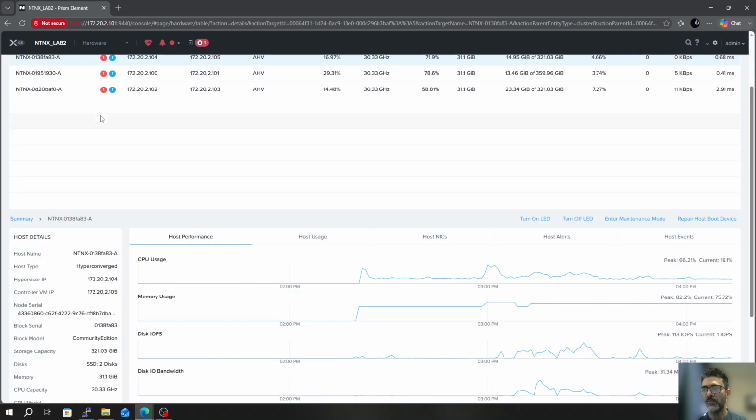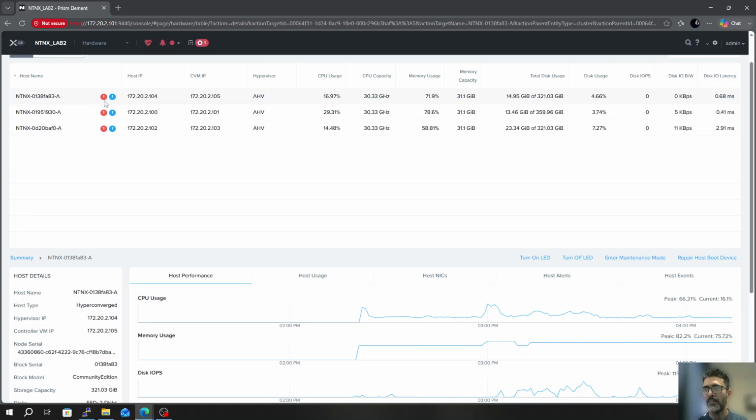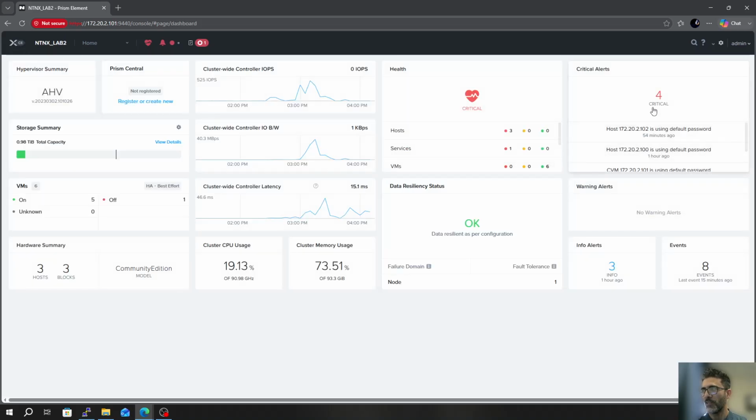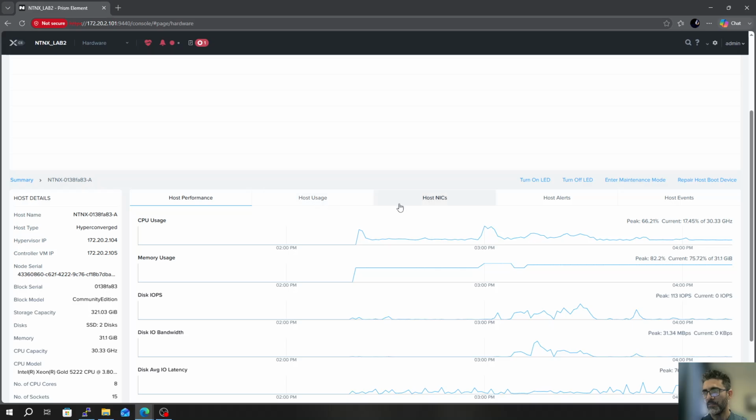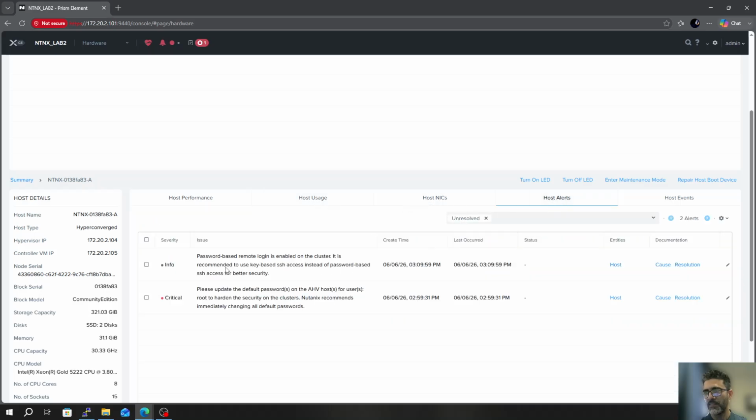I select one of the hosts, so you might be interested in all those alerts which are showing for me. If I go back again here, you might see a few alerts available. Most of them are related to the default password. So if I go back again to the hardware, you will see under the host alerts that I have to change my password. It's using the default password, and this is kind of critical